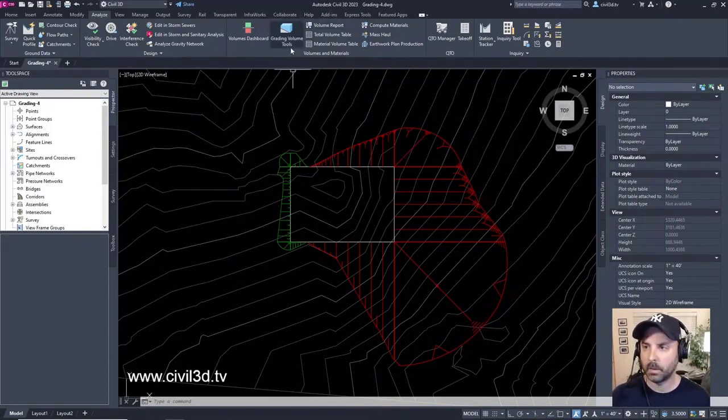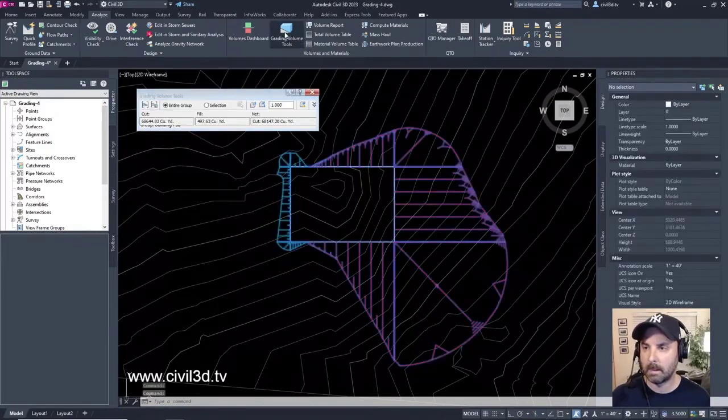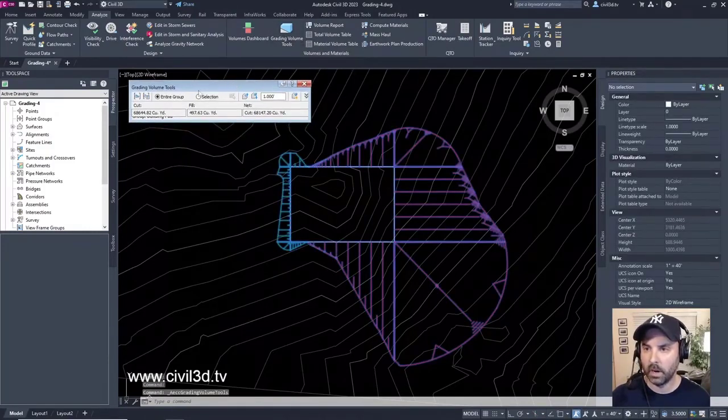Then select grading volume tools. We get our grading volume tools toolbar, and you can see that our grading is selected for our pad, and currently we have this as a cut and this as a fill, and this is the net cut essentially.